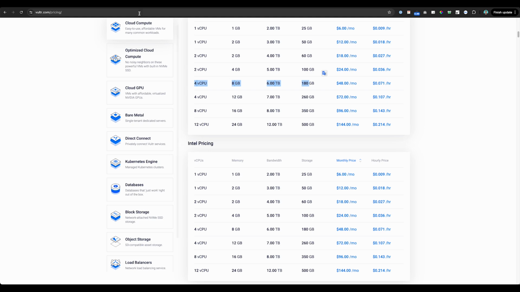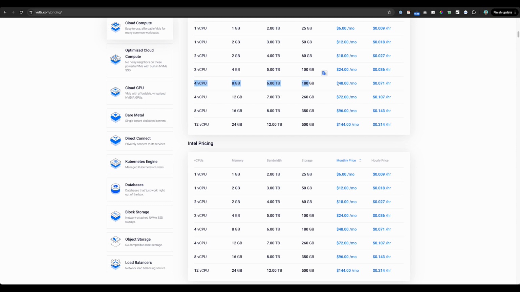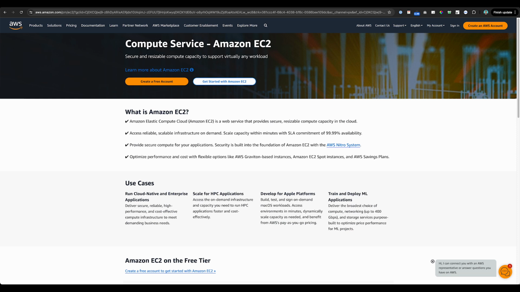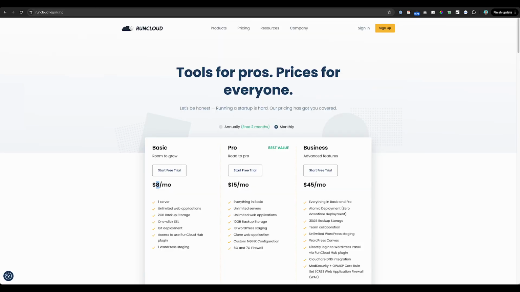Still, you need to partner Vultr with RunCloud. So example, $10 plus that one, that's gonna be your monthly maintenance. And then, of course, if you go with Amazon, which is also great if you're not concerned about the pricing, Amazon can also handle your BodyBoss website pretty well. Okay, so I think that's it for the video. I think my point is, if you want a plug and play web server for your BodyBoss site, I recommend going with Rapid. But if you don't mind setting up the server, you can try RunCloud and partner that with